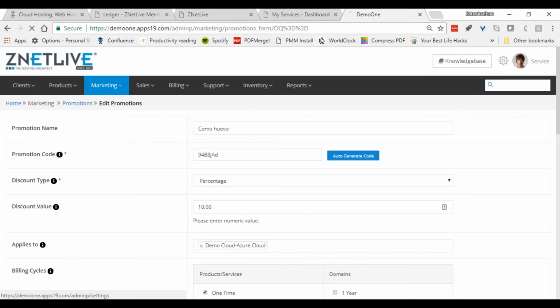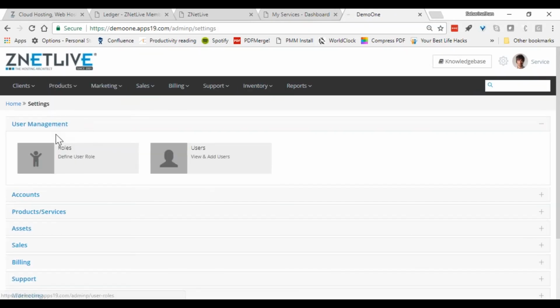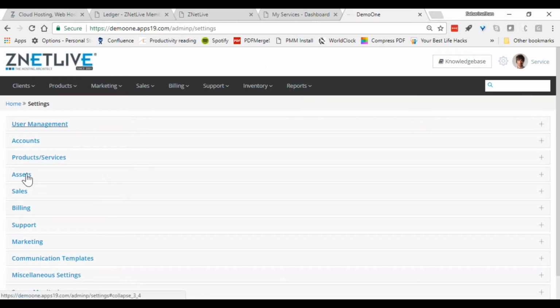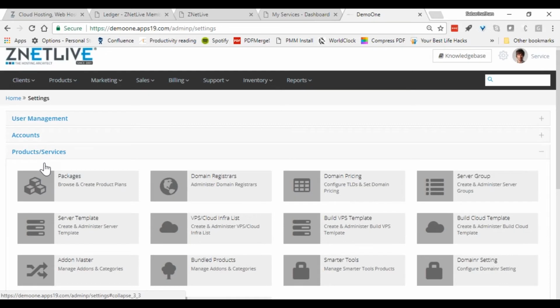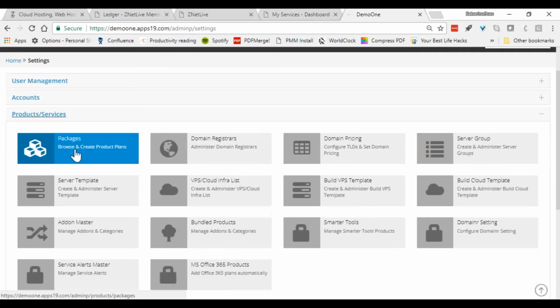As I said, 45 minutes doesn't do justice to be able to demonstrate every capability, but let me just wrap up the demonstration by showing you a couple of back-end features where all the magic happens. This is exactly where all the settings are done.